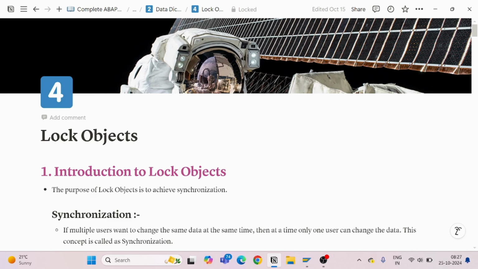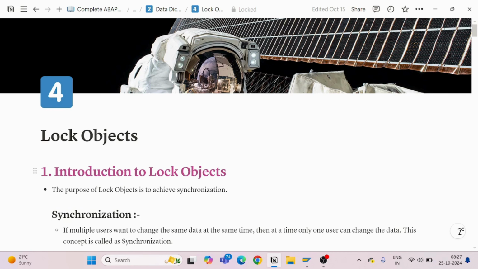Now just take a day-to-day life example. Suppose whenever you are going outside of your house, what you usually do, you lock your house so that if any unauthorized user is coming to your house, he will not have the access to go into your house. So to remove the authorization so that others cannot do any unwanted activity in your house, you are locking your house.